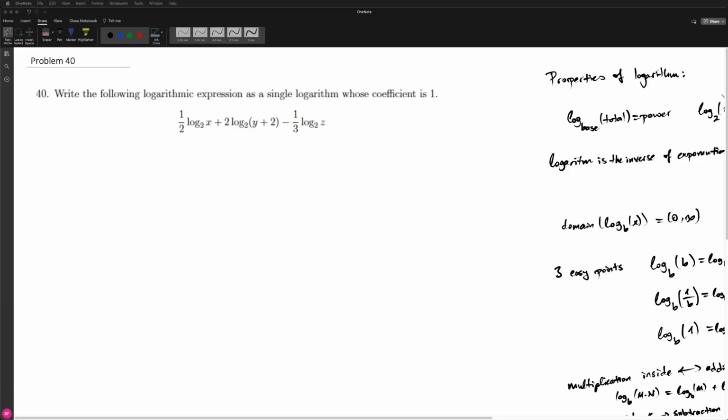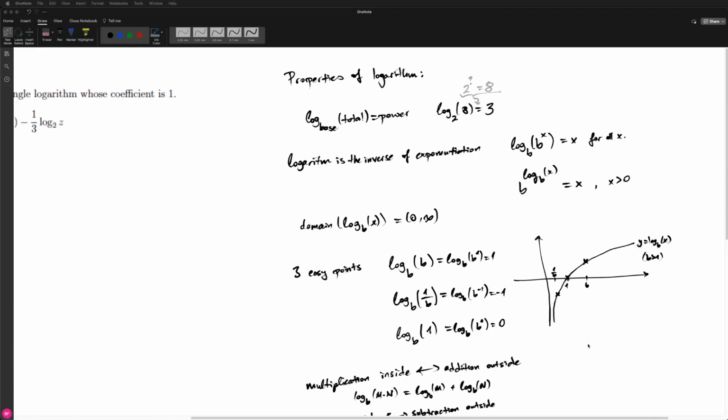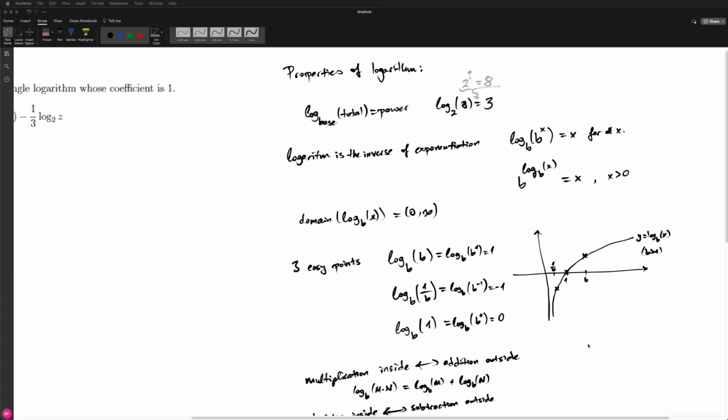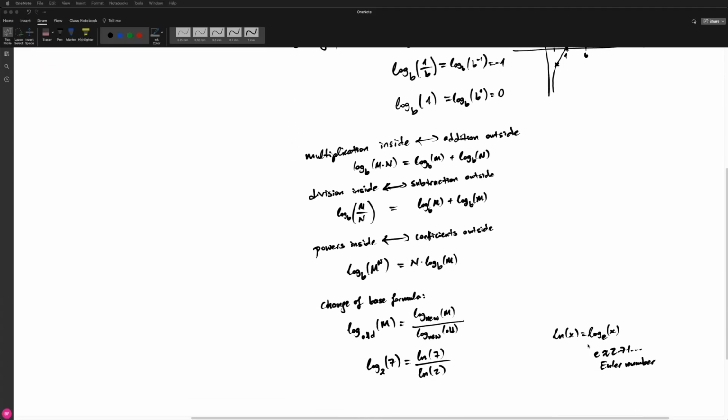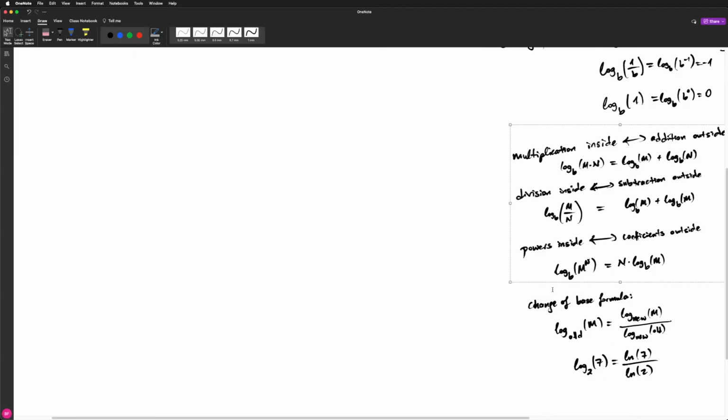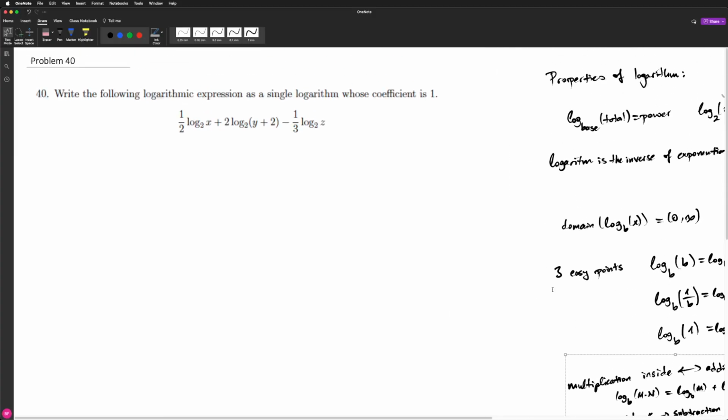Now this question is using the logarithmic properties, but in the opposite direction as in the previous question, problem 39. And I'm not going to go over the properties of logarithm. You can watch that video, but these are the rules we'll be using, except this time we're going to go in the opposite direction. So what I like to do first is